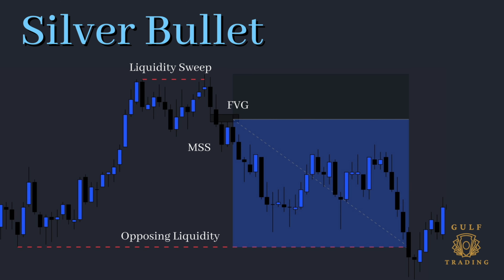So here's an example of a trade that I did take on E-mini S&P 500 futures. And as you can see, there was a liquidity sweep of a recent high. That was followed by a market structure shift with displacement. You can see clear displacement, 3 big bearish candles down, left some imbalance, fair value gap. And then I just simply entered from the FVG, took some profits after 5 handles, and then the rest at the opposing liquidity. But that's it for the Silver Bullet strategy.